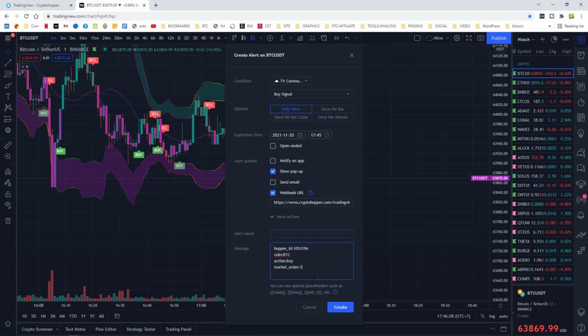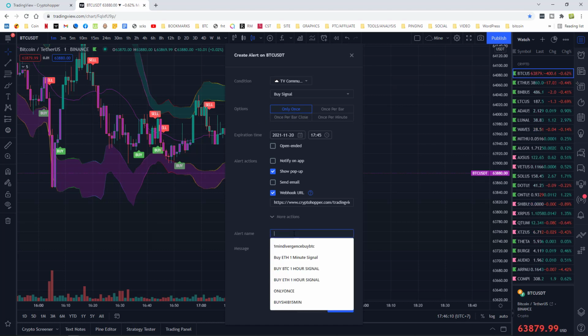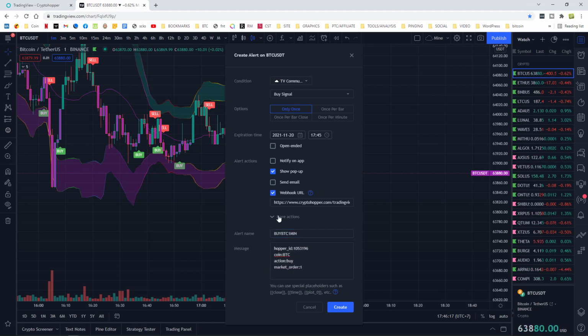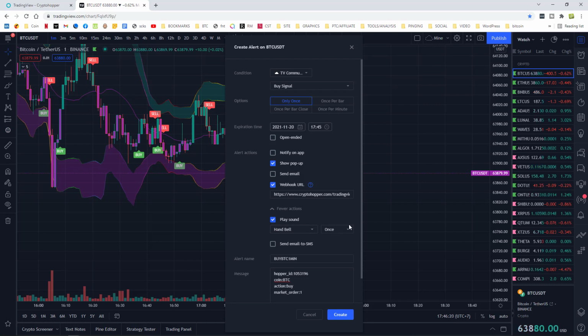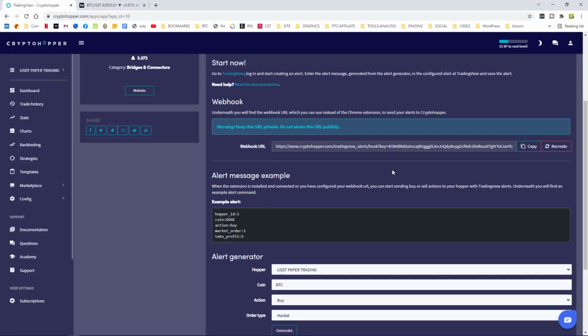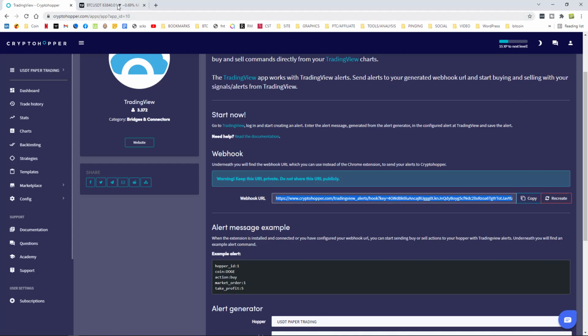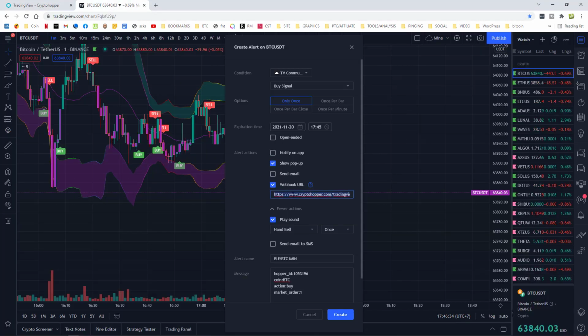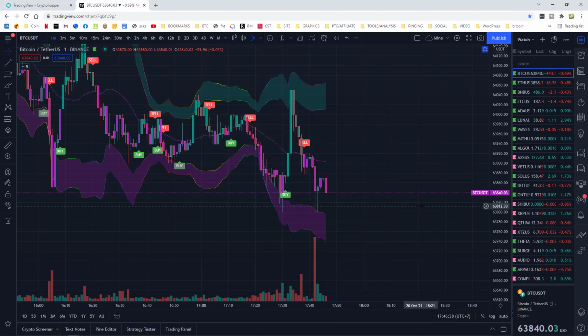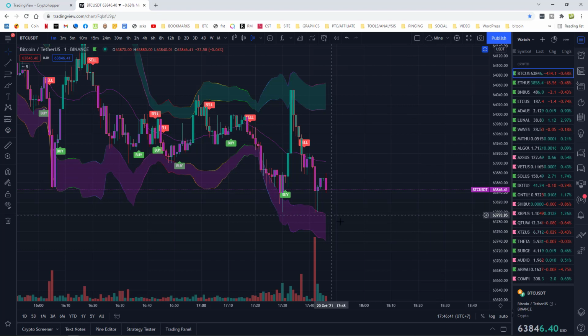Paste that message in there. Give it a name: Buy BTC 1 min. You can even set up a noise to play. Click on save once you know everything is right. I need that webhook there because I've changed it a couple of times today. That is the latest one. There we go. Now when we get a buy signal,